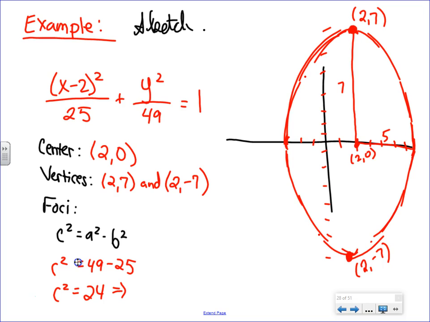24. Square rooting both sides. It's not a pretty one. But guys, just estimate. Square root of 24 is almost 5, because square root of 25 is 5, right? So it's almost 5 when I go to my graph, but for over here, we'll be all nice and say